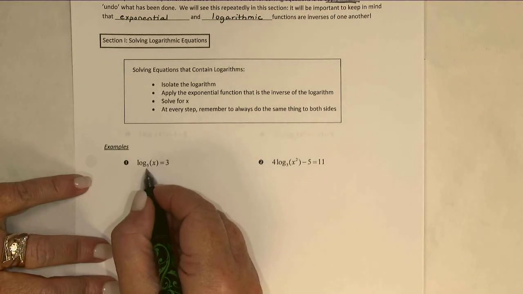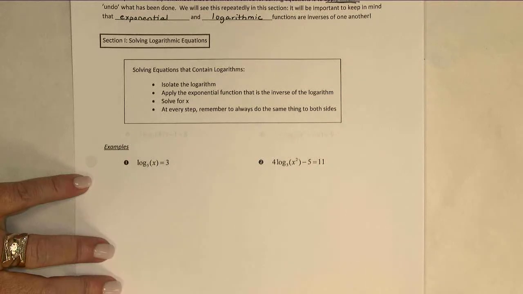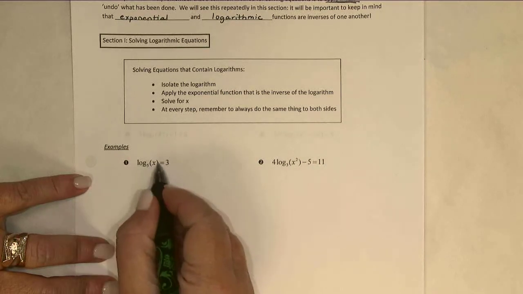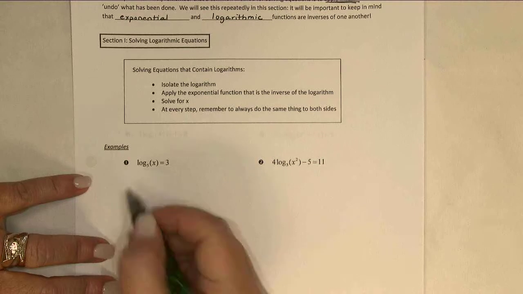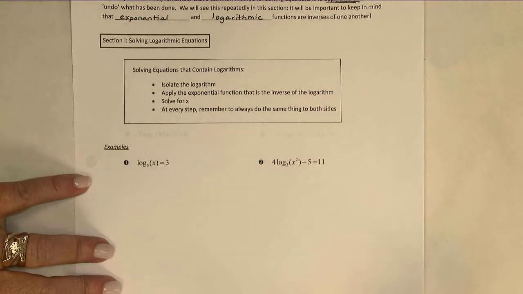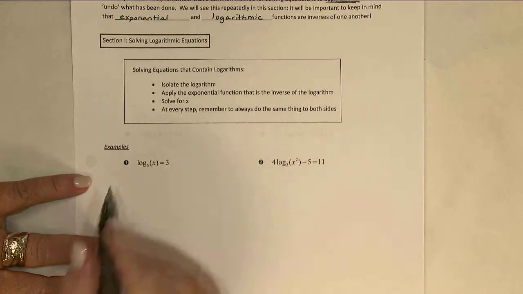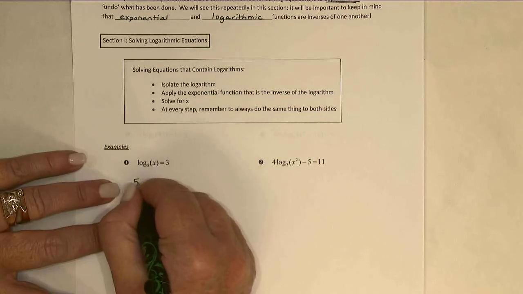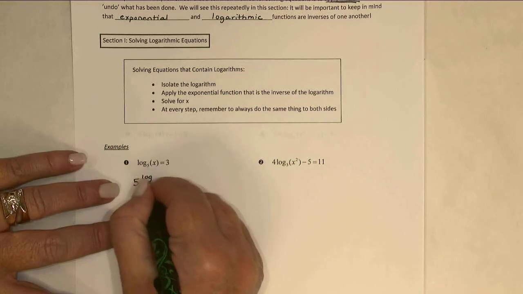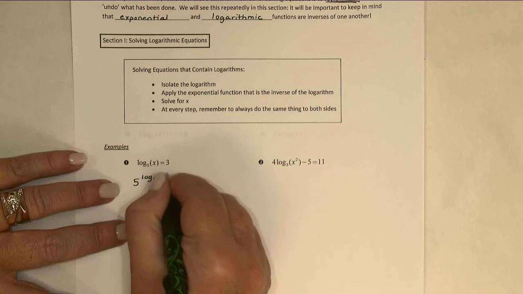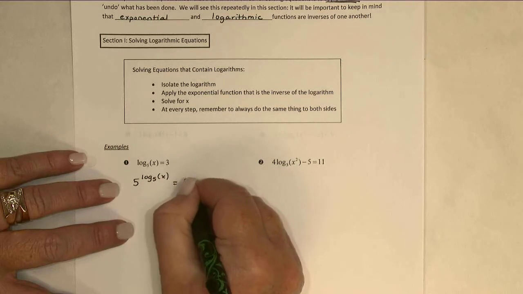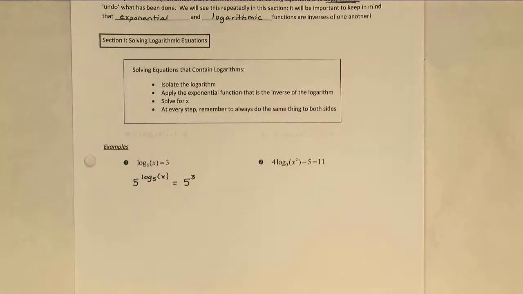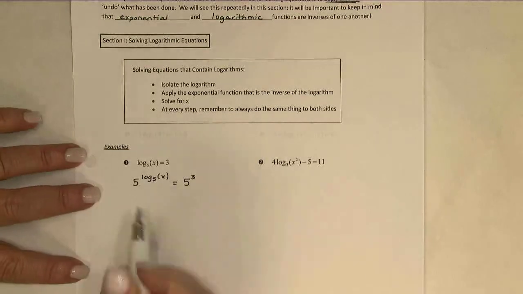The logarithm base 5 of x equals 3. This logarithm is already by itself. Nothing is being added or multiplied or anything to that log. So I'm going to say, well, let's see, this is a base 5. So I'm going to use a base of 5, and I'm going to raise both sides on a base of 5. Notice I've done the same thing on both sides, but because I've chosen the inverse function,